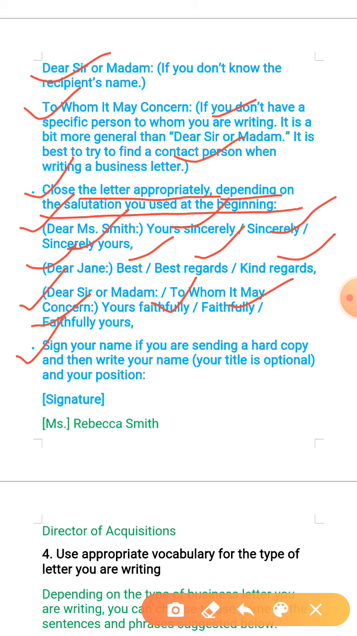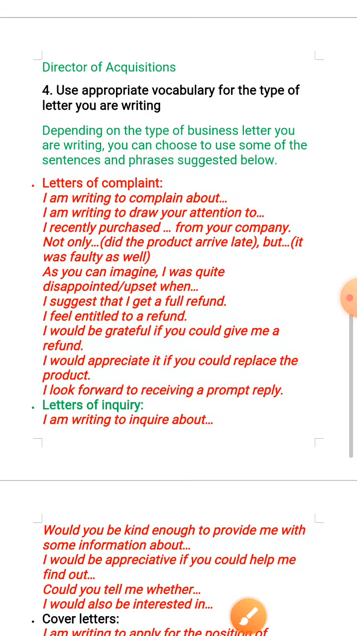And next point, sign your name if you are sending a hard copy. Most important point, if you are sending a hard copy, then write your name, your title is optional, and your position, your signature, your name. Okay, and below that your designation. Next point,